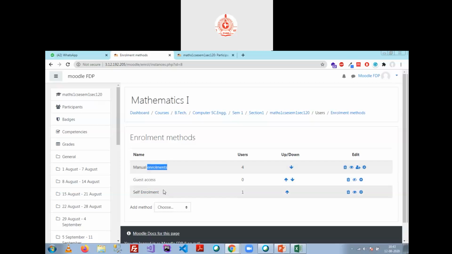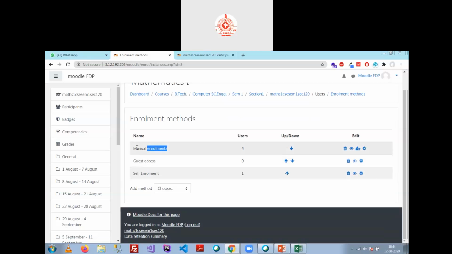Other than these options, there are some more options to get enrolled, but we will discuss them later. So these are easy tasks to get enrolled yourself through self enrollment. Students get self enrolled through the self enrollment method into the course, and teachers can enroll users through the manual enrollment. Now the question, or we could say the problem, is there.